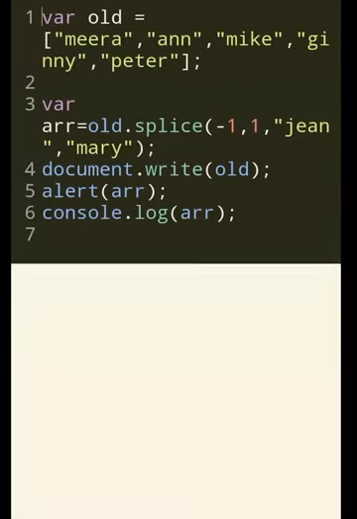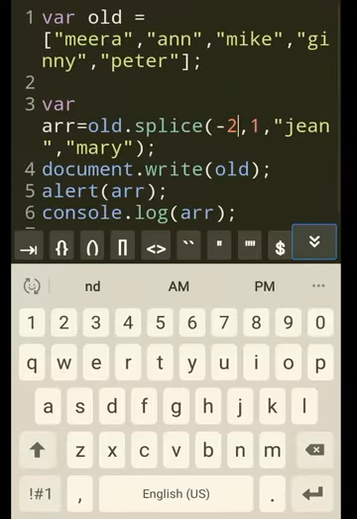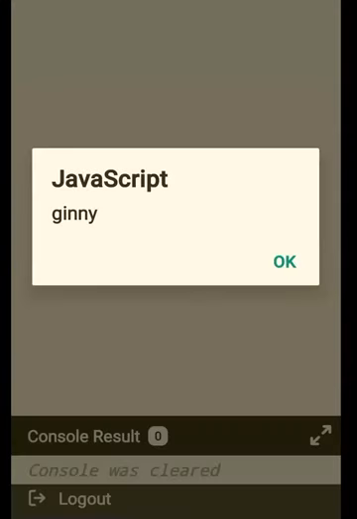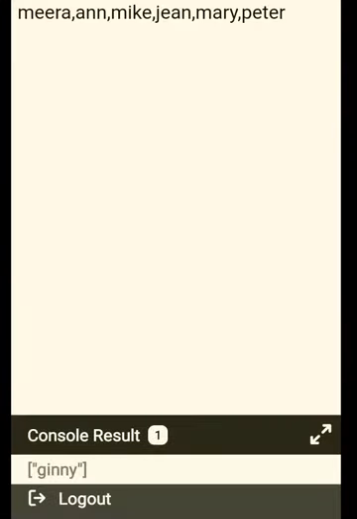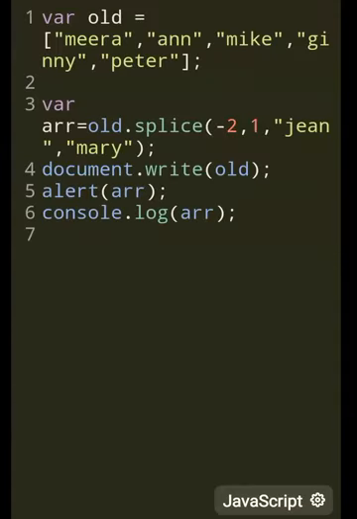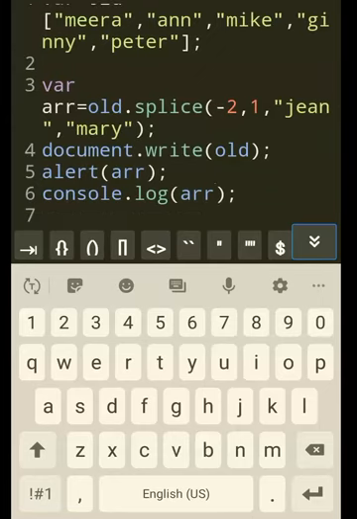What if you do -2? Ginny. See, Ginny, which is the last item. Last item was Peter, -1, -2 is Ginny. So when you do console.log for the new array, the one which is removing items, it will give you Ginny. But if you do console.log, or okay, let's do console.log for old.